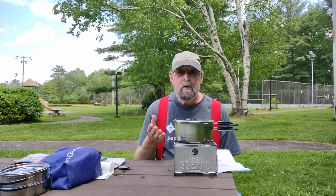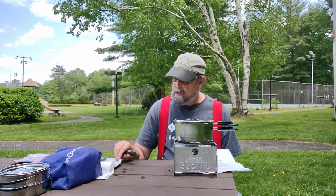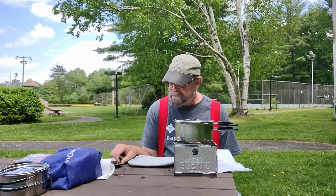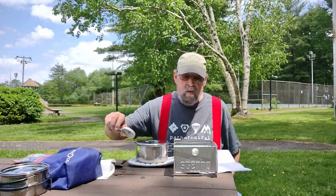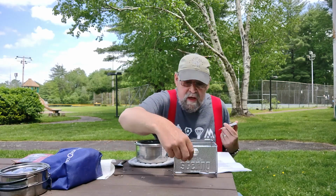Well, that's been cooking for about another 2 or 3 minutes, and I am going to take my pot holder and just place it here. Remove the soup from the stove, leaving it covered for now, and then I'm going to extinguish the Sterno. Now to do that,